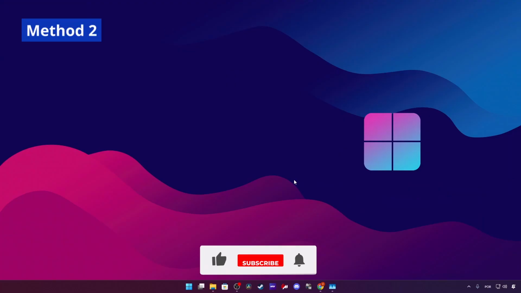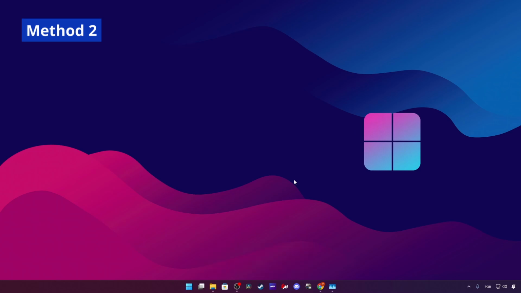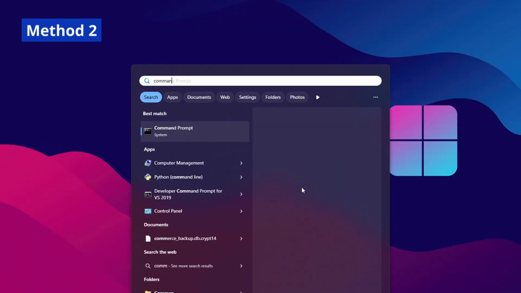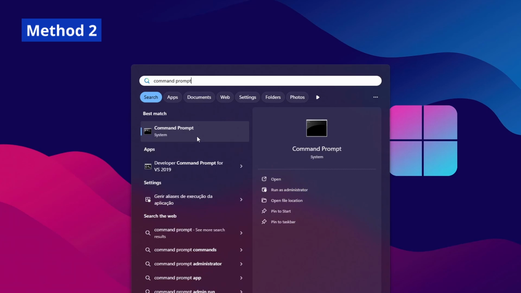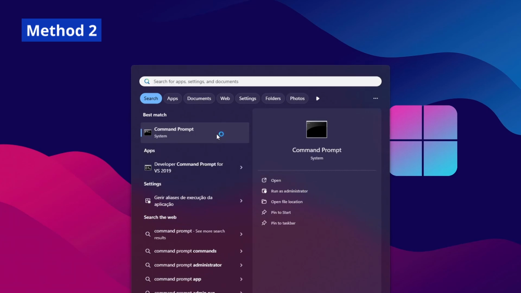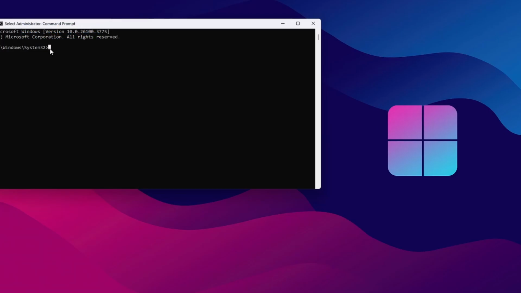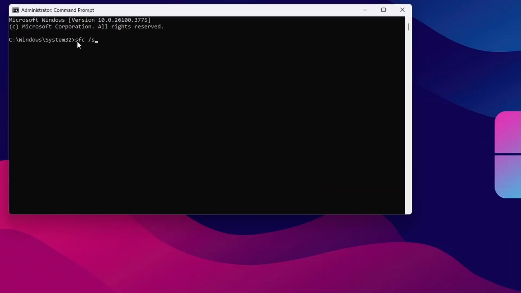Another way to fix Discord issues could also be by going to do a scan of your system files. So what you want to do here is you want to open up the start menu and type in command prompt, and then you want to right click on it and run as administrator. So this will ask you for some permission, and once you are here, you can just run this command, which is